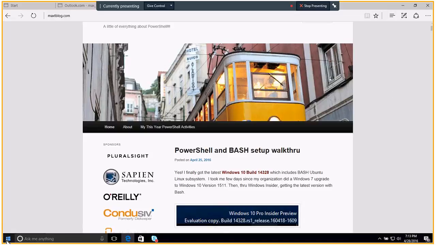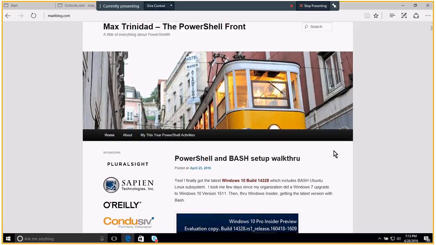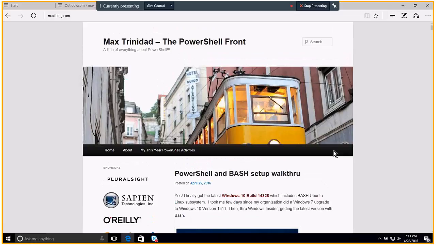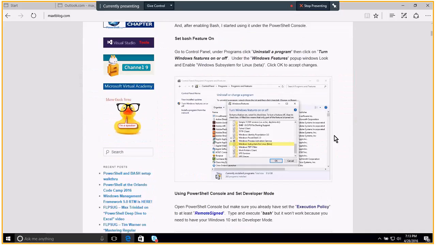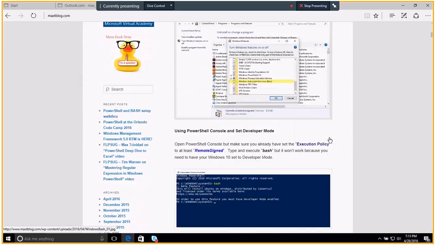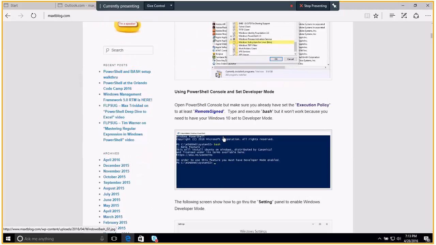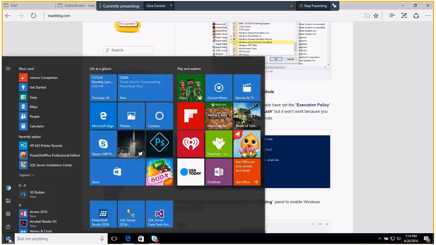So we did the installation of Bash. Here on my blog site I have practically the instructions of what we're doing. Very important again, because in this case this is a fresh PowerShell installation, which means the execution policy should be back to restricted. Another tip for that, something I discovered recently, is when you go to settings,